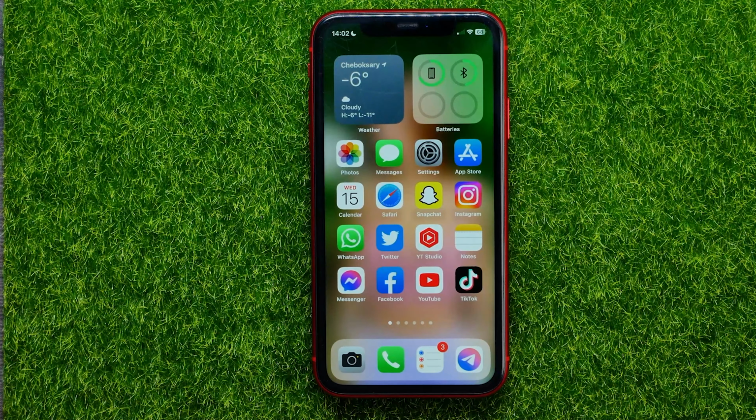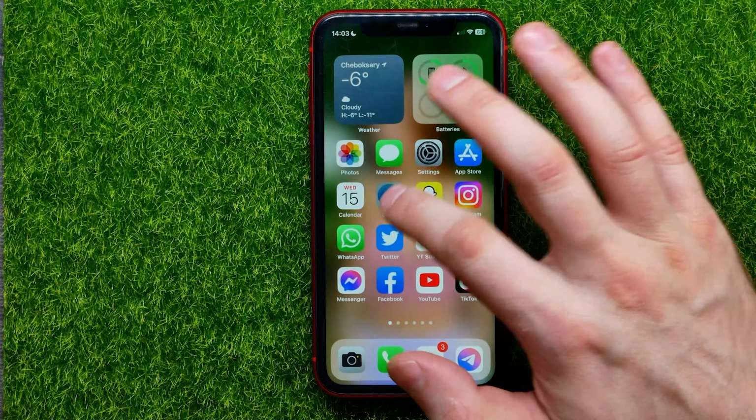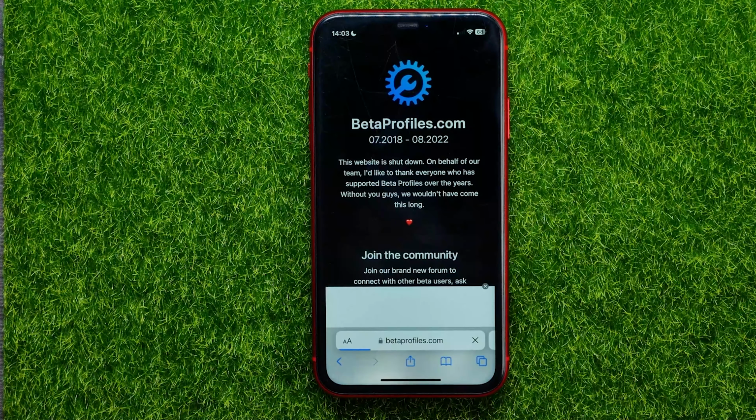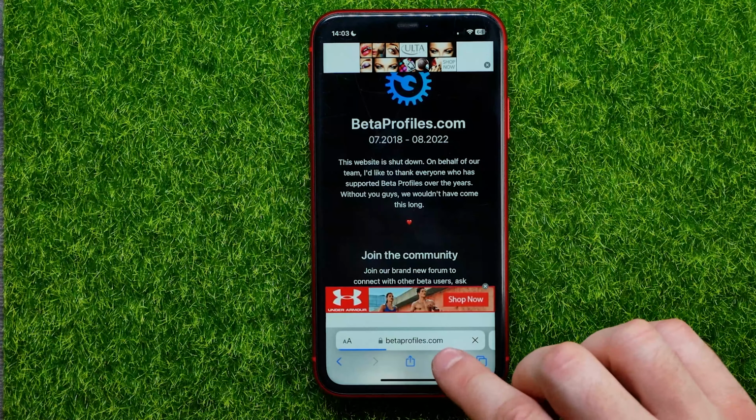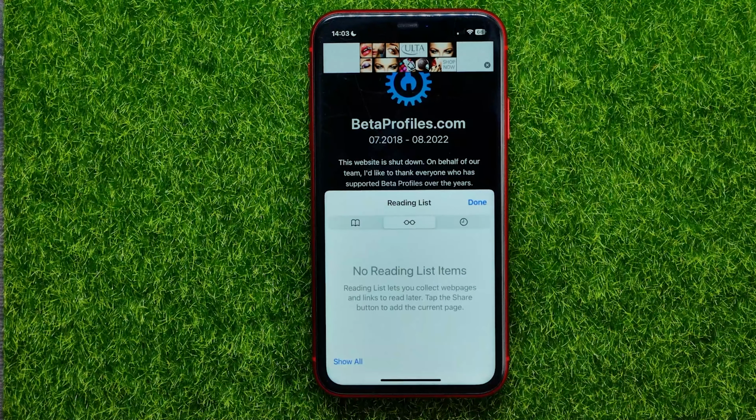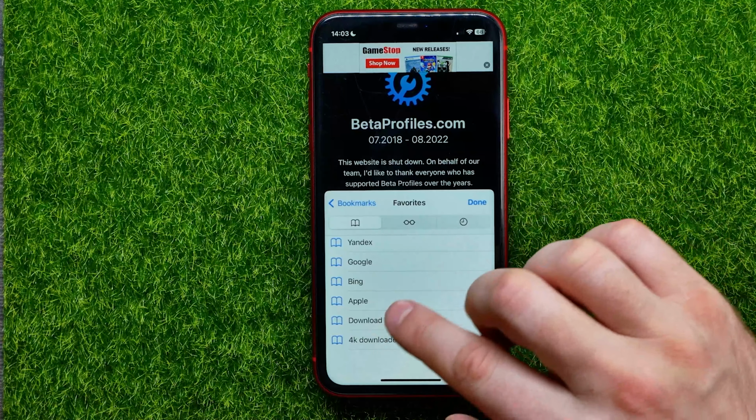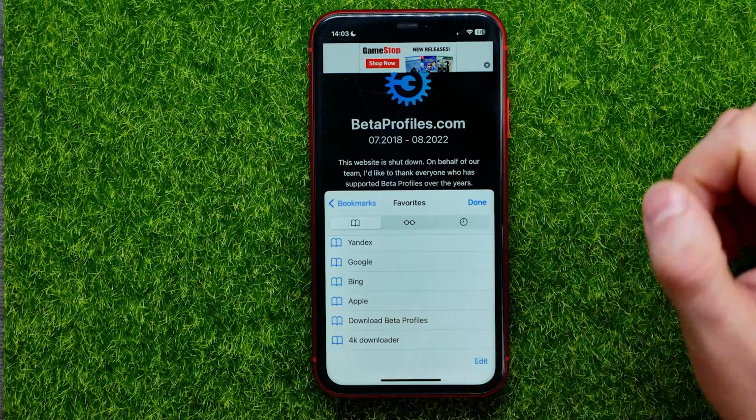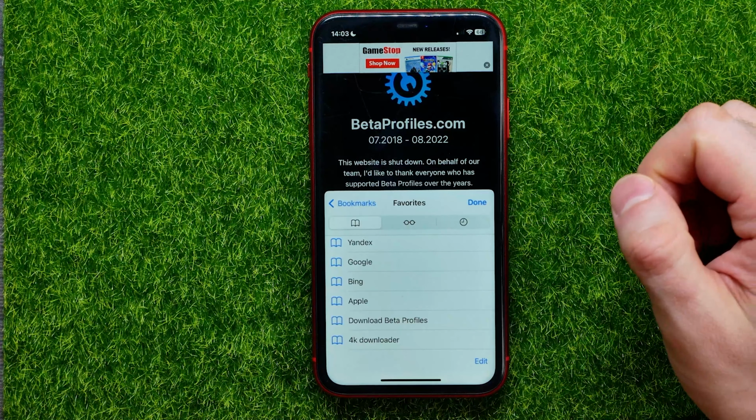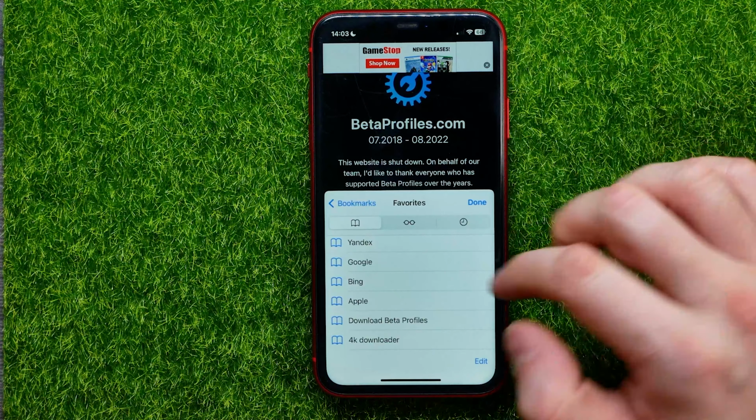So let's begin, and first off, open up Safari web browser. Then right here hit the Add Bookmarks icon and select the Bookmarks tab. On that tab you can check all your bookmarks, and now let me show you how you can easily group